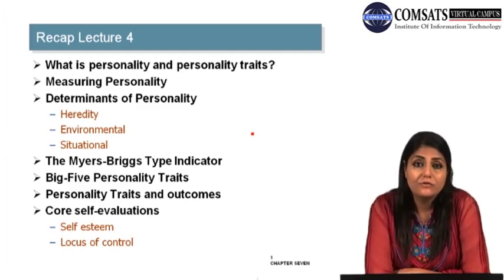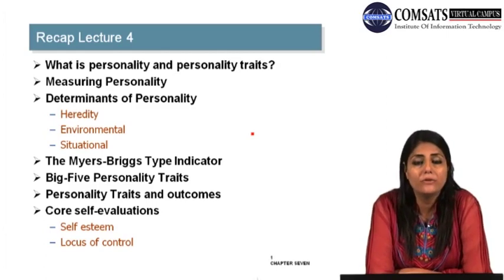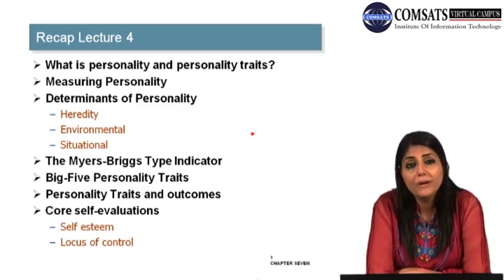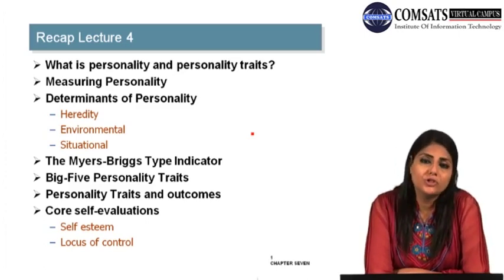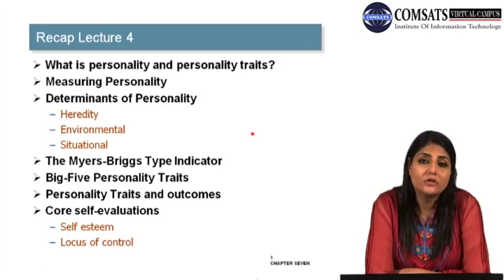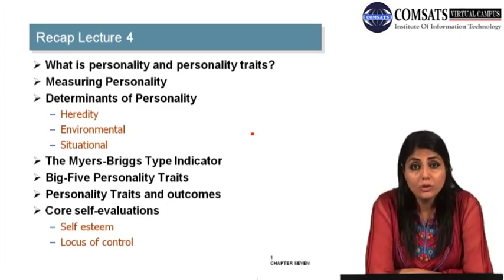Then we discussed the big 5 personality traits, and we saw that this is one of the very important, you can say a breakthrough theory of personality in personality literature. This theory has gained very huge attention. A lot of research has been going on taking this theory, because some of the researches show that the big 5 personality traits developed in this theory cover all aspects of the individual's personality, such as the extroversion, such as the openness to experience,